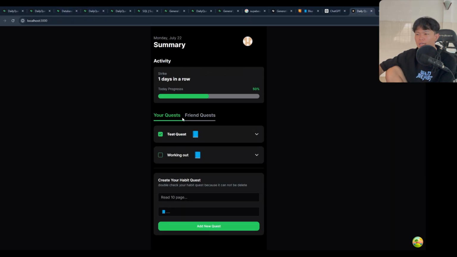Yeah, I need to think again. If it's 2, it's going to be 2%, like 50%. But what if they increment? We need to increment. If we do it on the front end, which is fine, but the problem is that